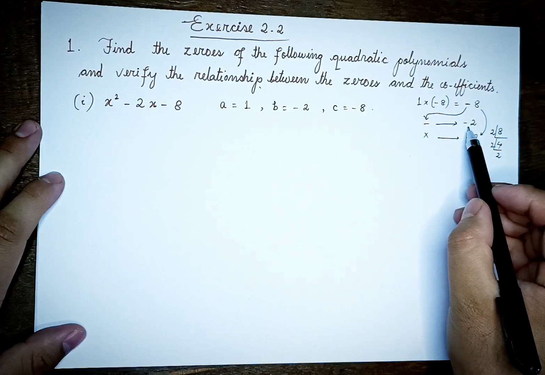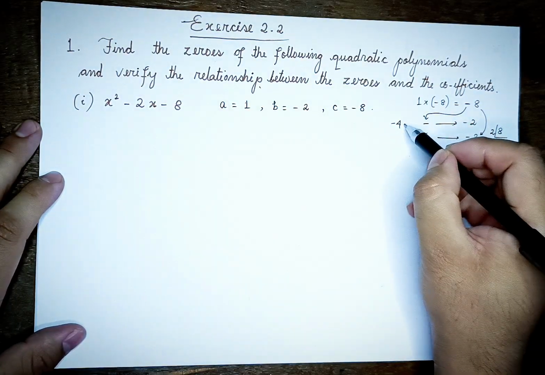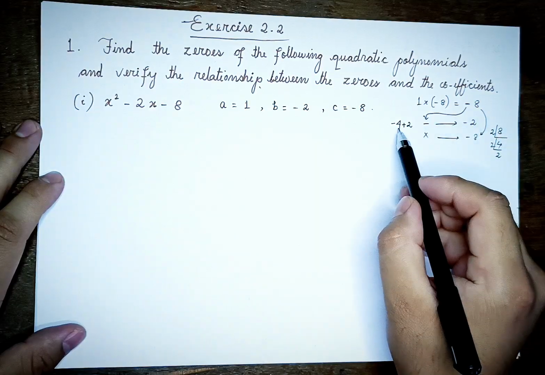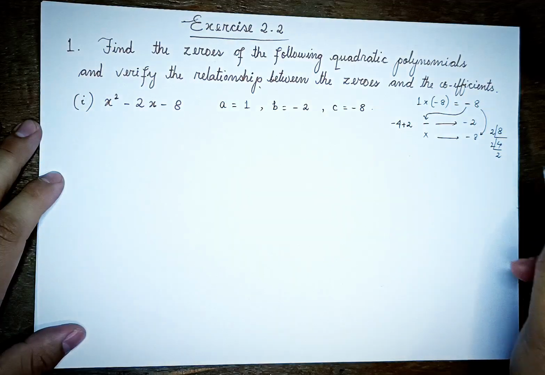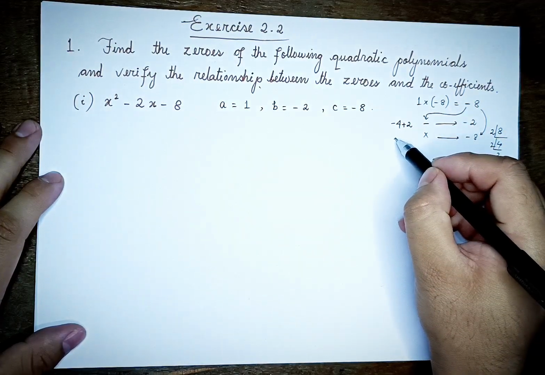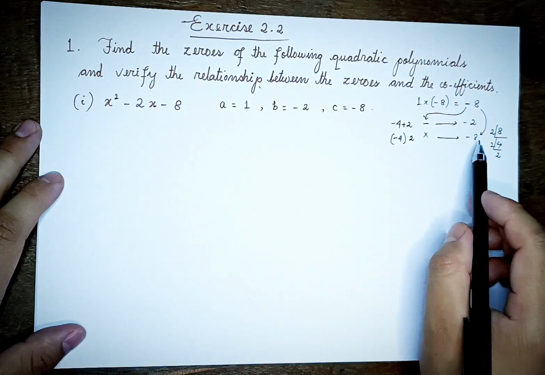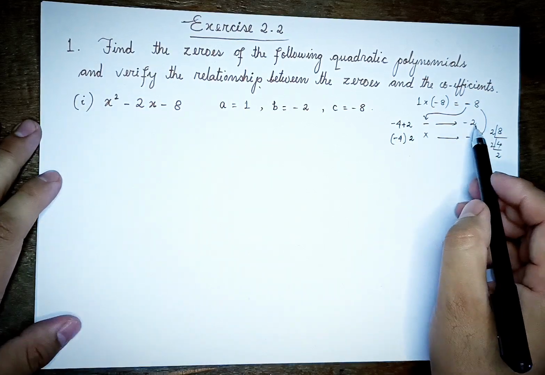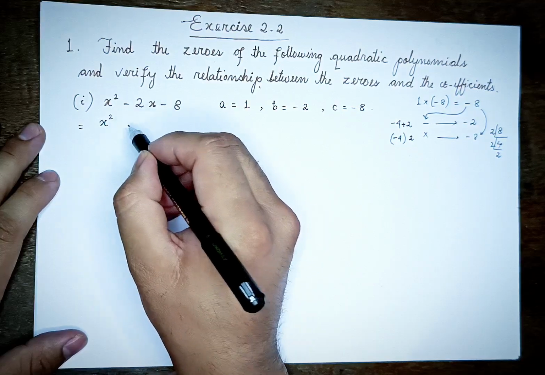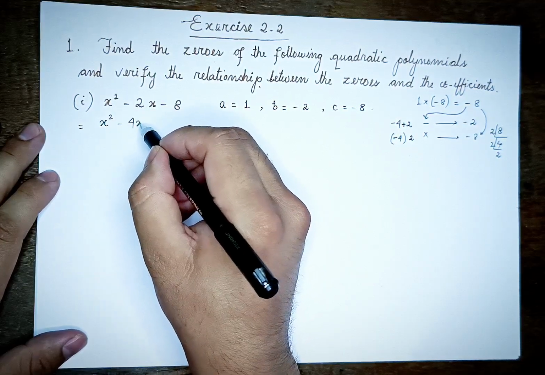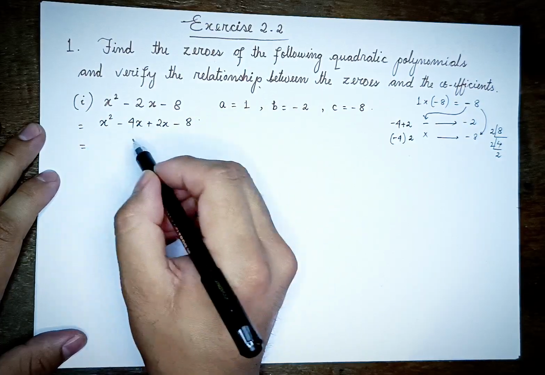Here we have to get minus 2, so I put minus 4 and plus 2. Subtracting these two, minus 4 plus 2, we get minus 2. And if we multiply minus 4 and 2, we get minus 8. So it satisfies this condition. So I can write this as x square minus 4x plus 2x minus 8, which is equal to,